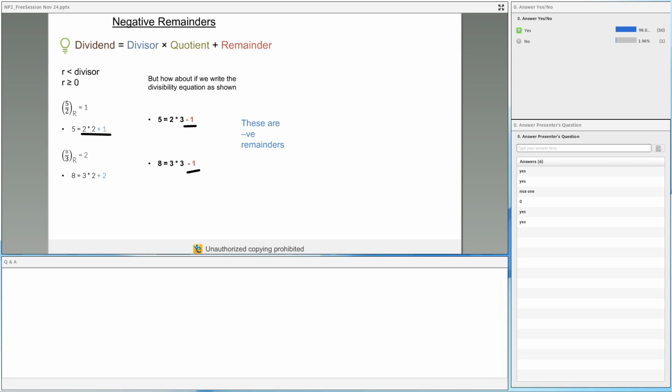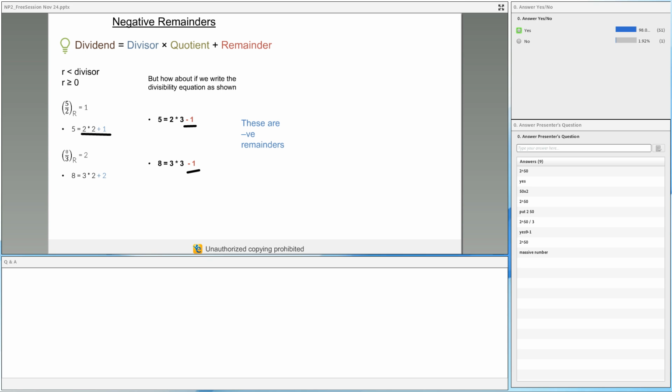But once you get 2, what will you do next? Kindly type in your answer. You had 8 to the power 50 by 3. You ignored the power, you divided it by 3, you got 2. You'll add back the power, right? Now you need to think about 2 to the power 50. Now think about it in this way. Isn't it difficult to solve 2 to the power 50? How will you find out the value of 2 to the power 50? It's difficult, right?